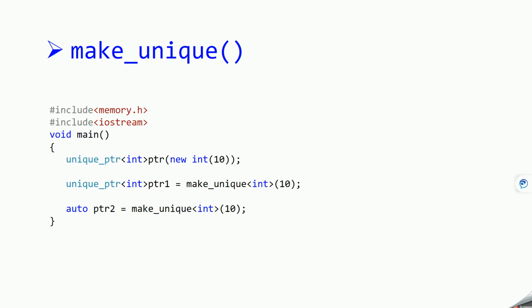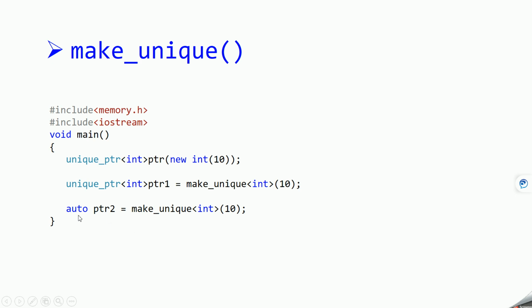So there is another way you can create this unique pointer. One way we saw is that we can just give unique pointer, the data type and the name, and then we use new int and then the value. Another way you can do it is to use the make_unique function. This make_unique function will also allow us to create a smart pointer of this unique pointer type, and in this case whatever value you want, you just give it. So in this case also it will create another smart pointer which is of this unique pointer type.